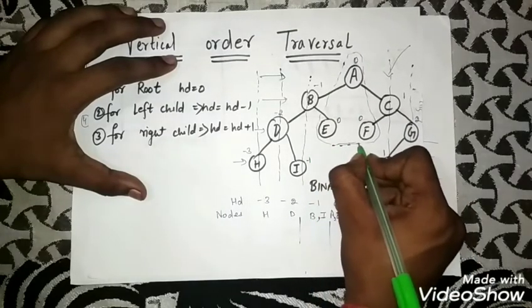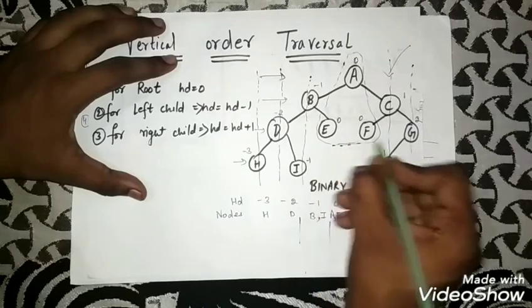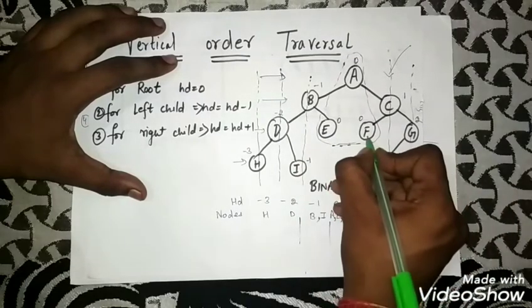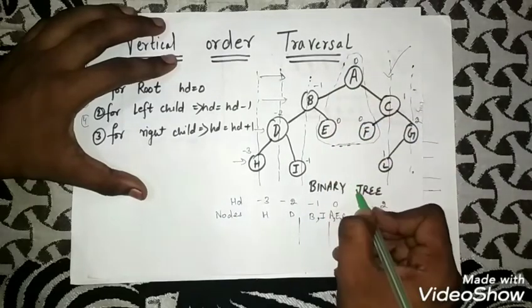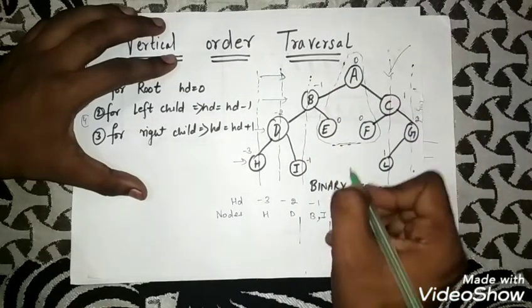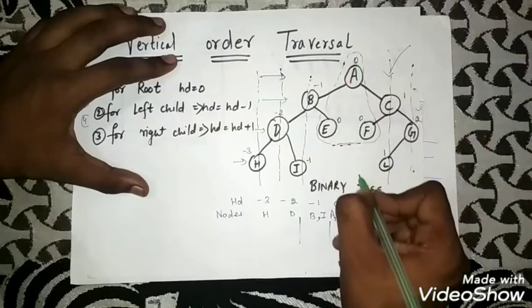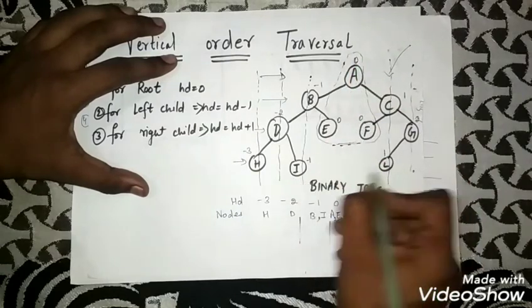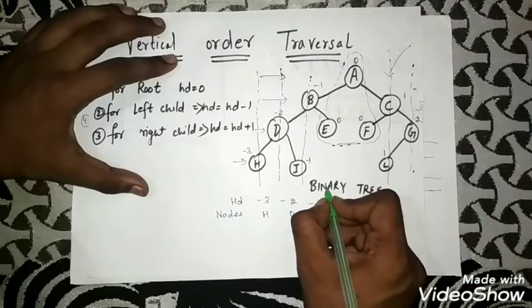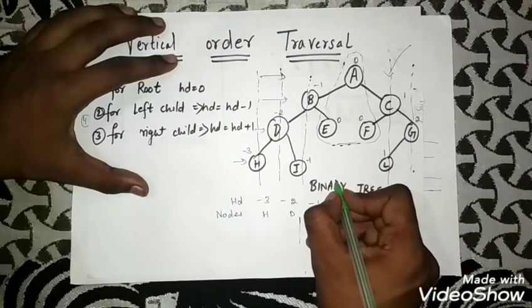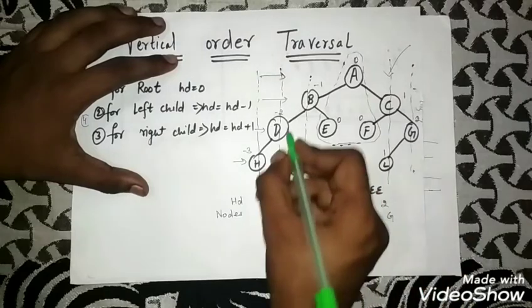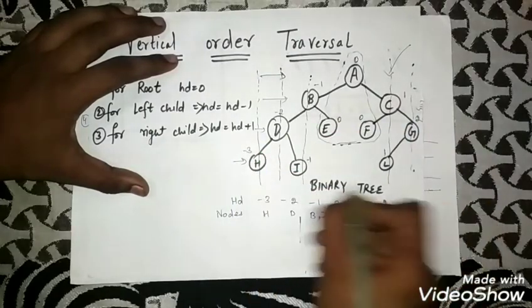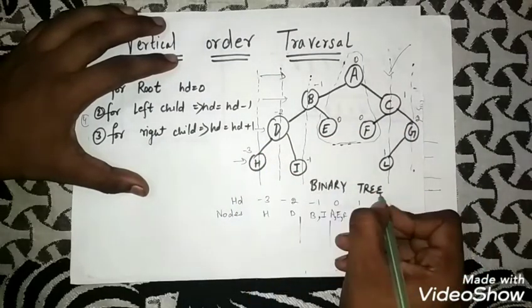Actually tree is a 3D structure. So if we draw this tree in a 3D structure, E and F will overlap with each other, and the vertical line passing through A will pass through them exactly, and that line will be exactly vertical. We can't draw it vertical here because it's in a two-dimensional drawing that we are drawing this tree. If we make it in a three-dimensional way, it will perfectly overlap, these two nodes E and F. So these are the vertical lines along which we want to traverse the tree.